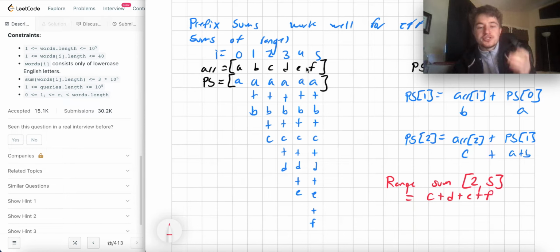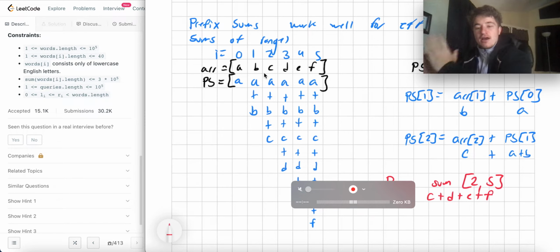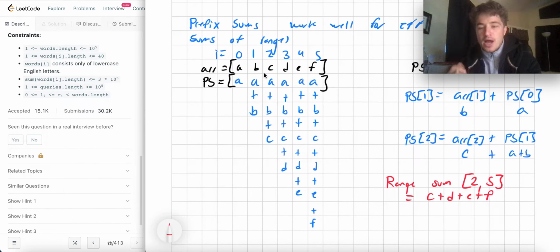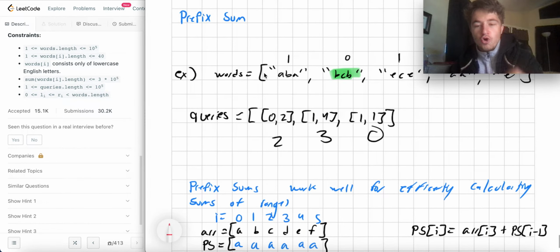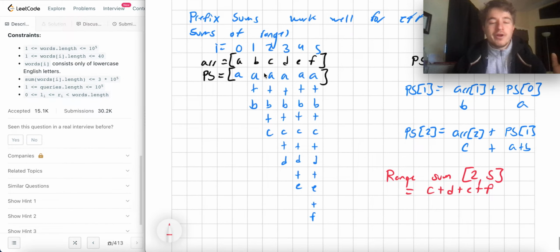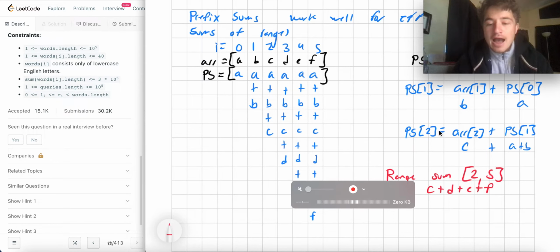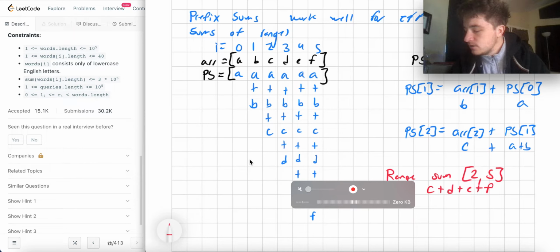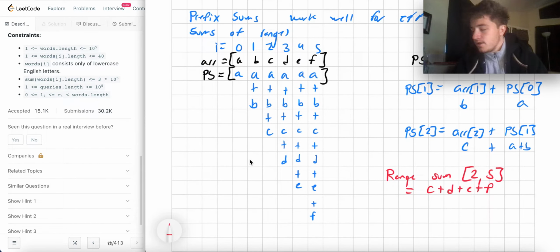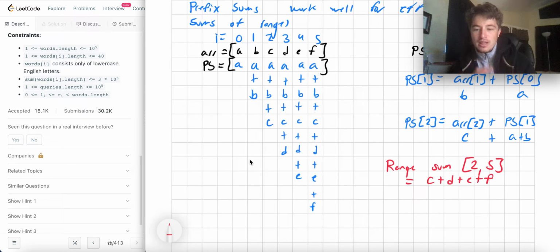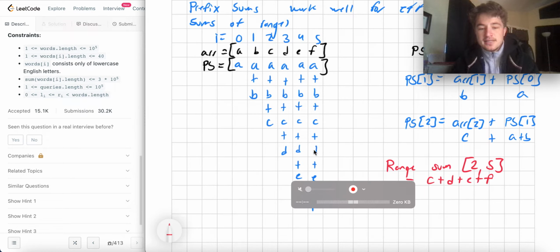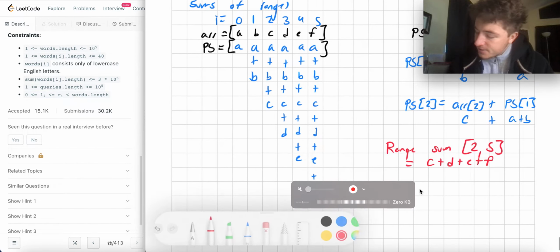And that's what we would get if we just started at 2 and went all the way to 5 and calculated it out. But we notice that that's a problem kind of similar to this old solution, because we want to efficiently find sums of ranges. So can we do that in constant time instead? Well, how can we find the range sum from 2 to 5 using these pre-populated fields? Well, we're trying to build the puzzle. Like, how can we use these pieces or combination of these pieces to get this sum here? Well, our PS